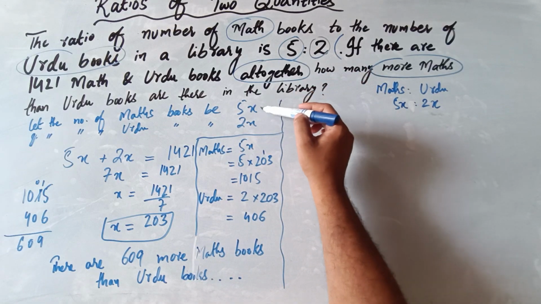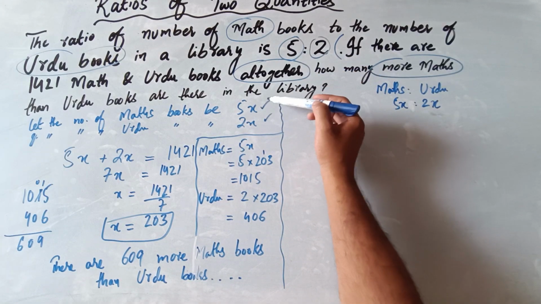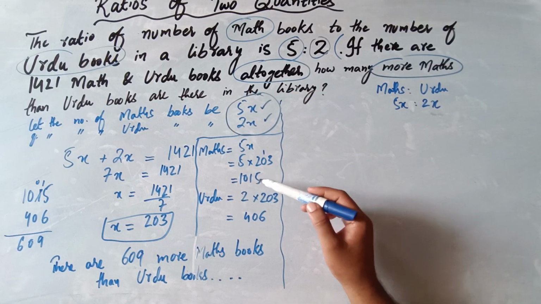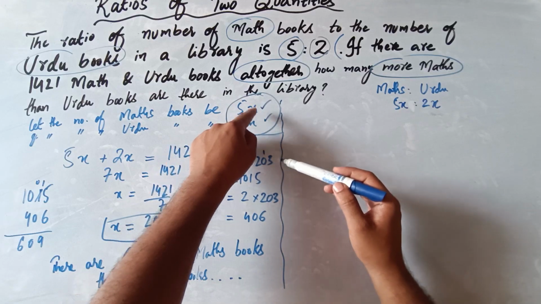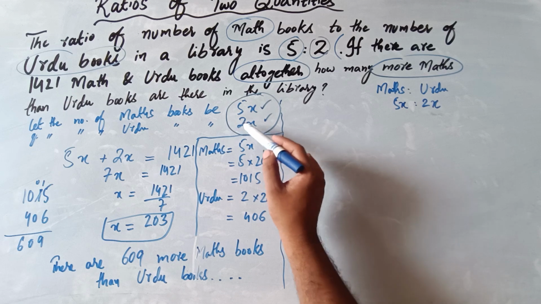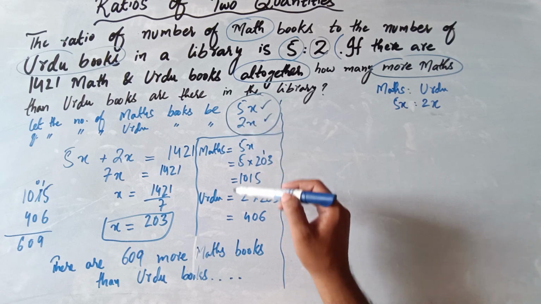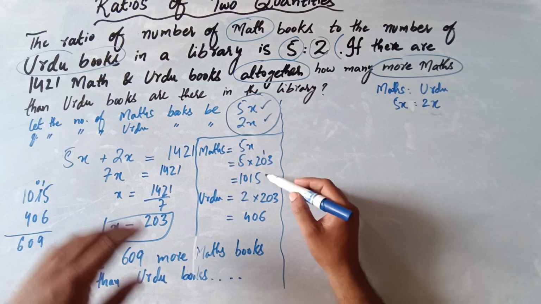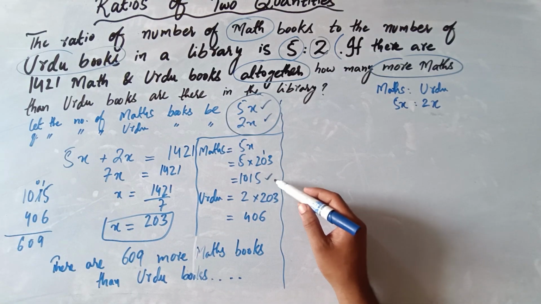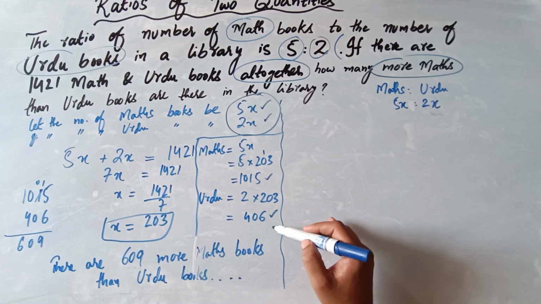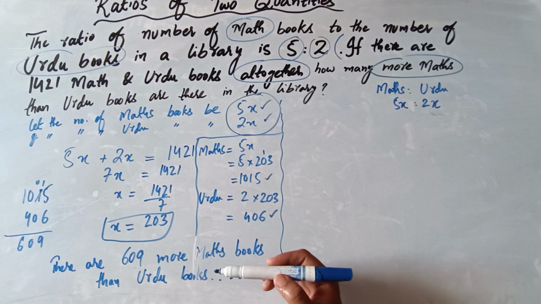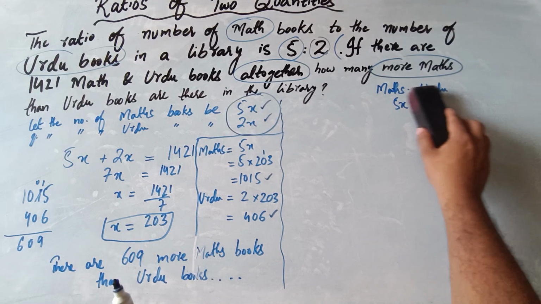In this way we multiplied 5 with x and 2 with x, so the number of maths books would be a multiple of 5 and the number of Urdu books would be a multiple of 2. In this way we constructed the equation, found the number of maths and Urdu books, then subtracted them to get how many more maths books there are than Urdu